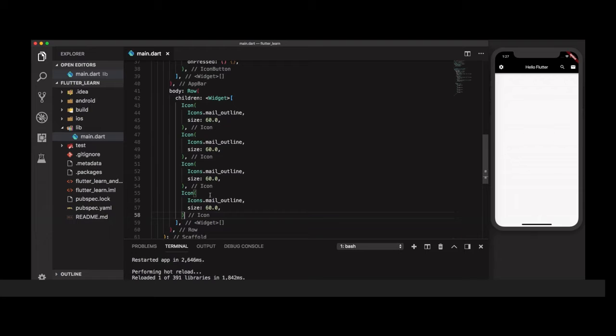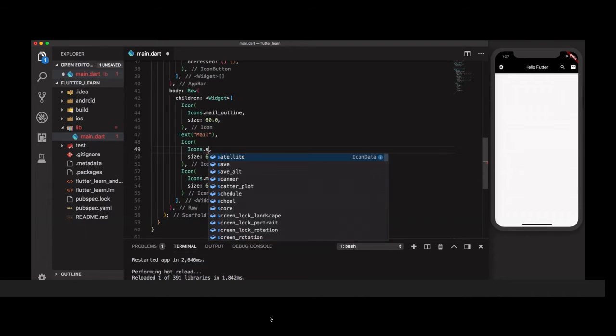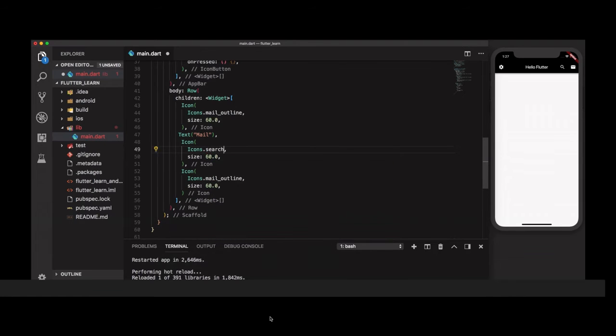Here we are changing some widgets, like taking an alternate icon and text.